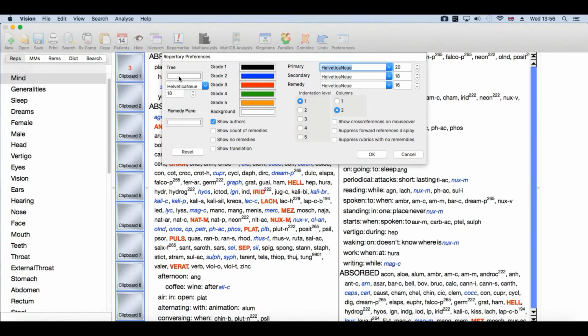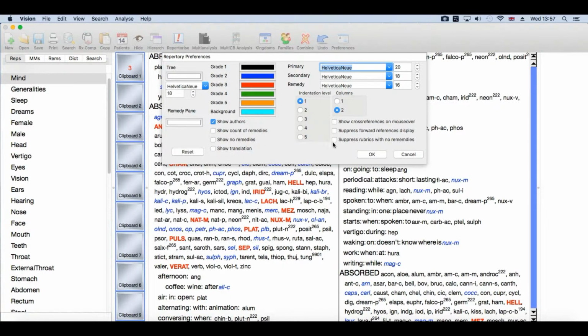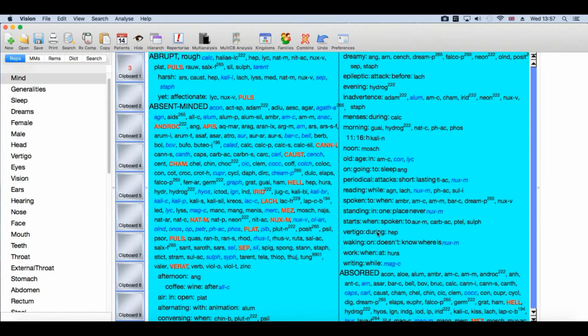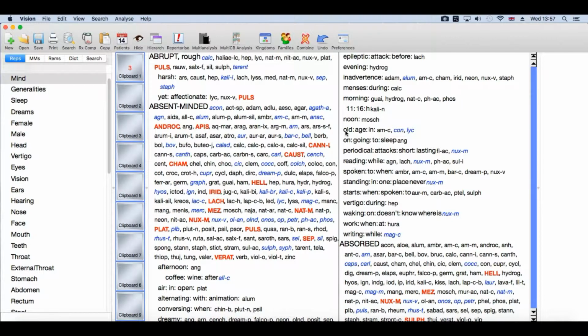You can change colours of the tree, which is the thing here down the left hand side with the chapters, fonts, sizes, colours of the grades. We use black for grade 1, italic blue for grade 2, capitals red for grade 3, and you can personalize that to suit. You can change the background if you want a nice coloured background while you're working. Click OK and you'll see that that's reflected if that's your style and that's what you want the screen to look like. You can click the authors off and on if you find those distracting, as you can see here,